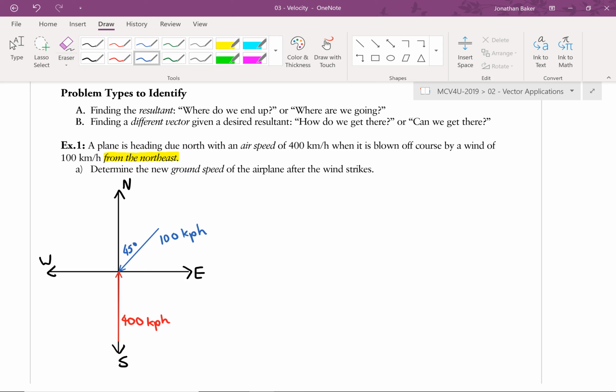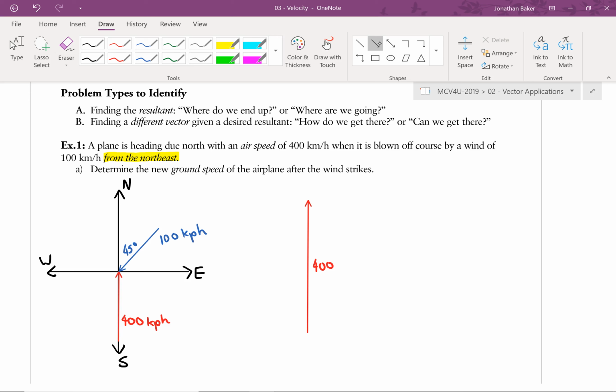Okay, so the first thing to do, let's draw our 400 kilometer an hour velocity and put the wind in beside it. So let's start here, and we'll put a nice big 400 right here. This is the direction that we're starting with, and this is 400. Then, of course, the wind is changing our direction, right? What we need to do here is put the wind in such a way that